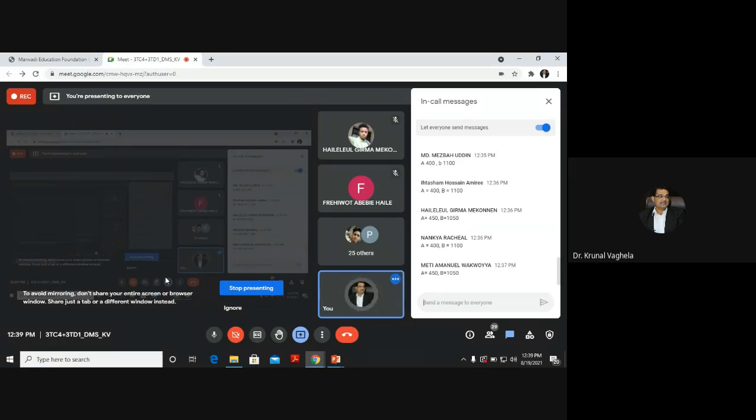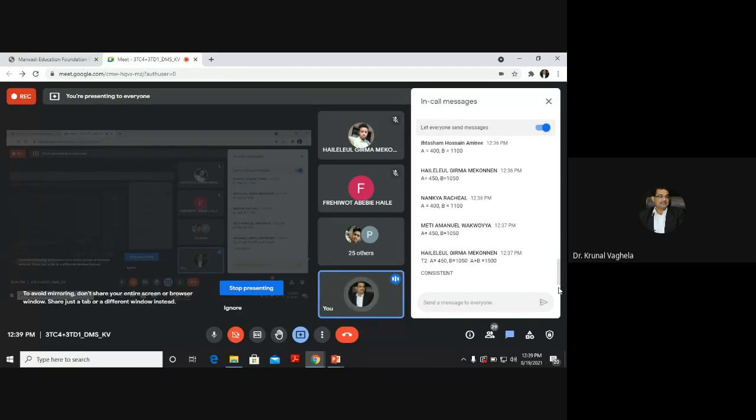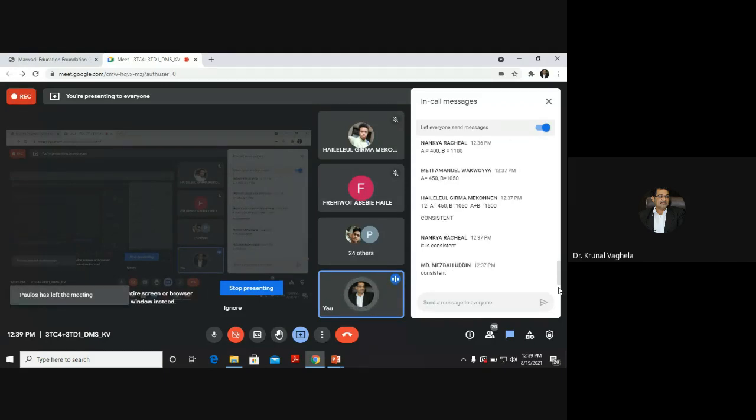If I execute T2 first and then T1, is the database consistent or not? It is 1500. Before also 1500, after also 1500. So the database is consistent. So we will call this a schedule. In the first schedule, when T1 executes first and T2 last, the database is consistent. In our second schedule, T2 will get executed first and then T1.